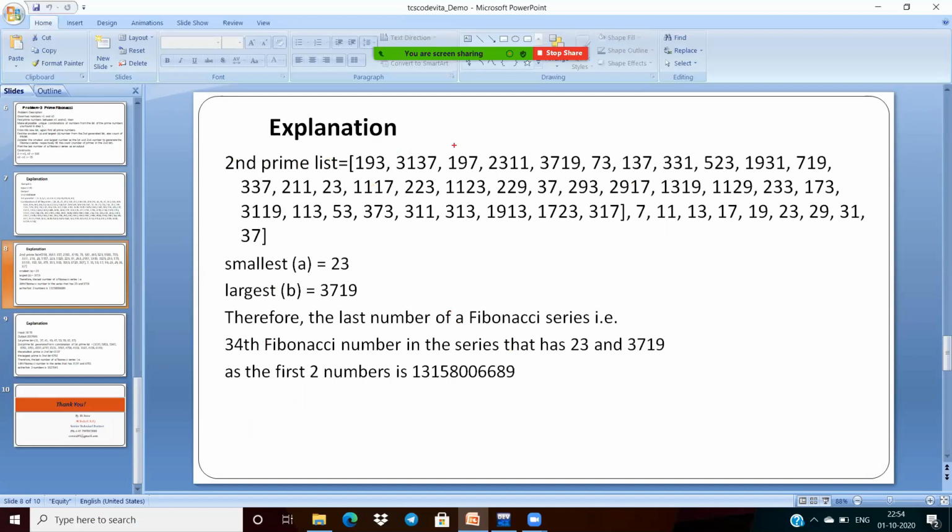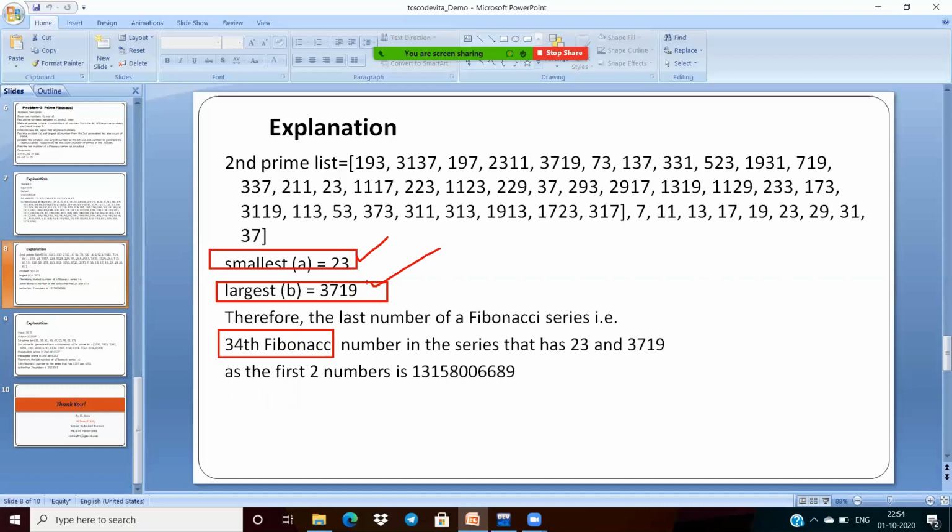So what is the last Fibonacci? That is the 34th Fibonacci number I need. My smallest number is 23 and largest number is 3719. These two are the Fibonacci inputs, this is x1 like 0 and this is like 1.